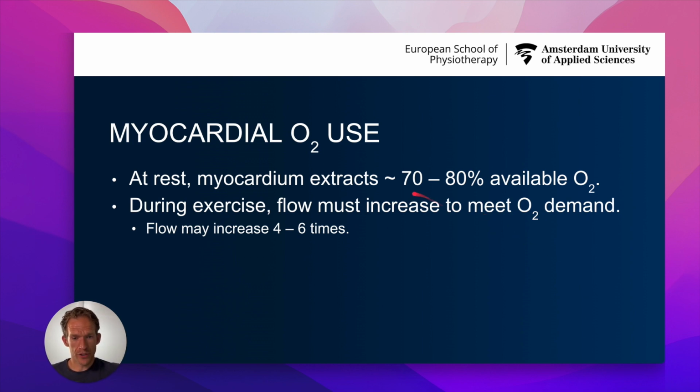If you look at these numbers, then you see that these are relatively high numbers. So at rest, from all the blood that is passing through the coronary arteries, roughly 70 to 80% of all the O2 that is available is already extracted. If you compare that, for example, to the capacity of the pulmonary system, you see major differences here, where the heart apparently doesn't really have much overcapacity, not even at rest, whereas the pulmonary system has overcapacity even during exercise